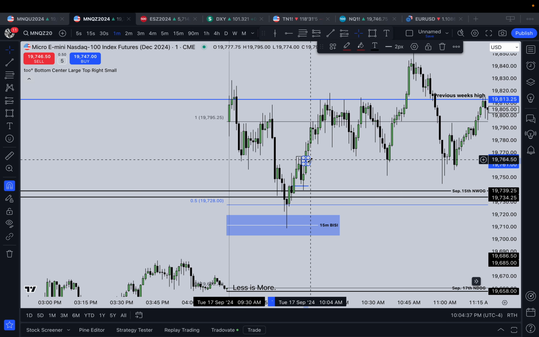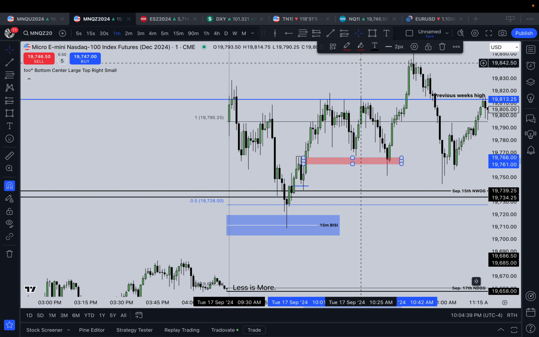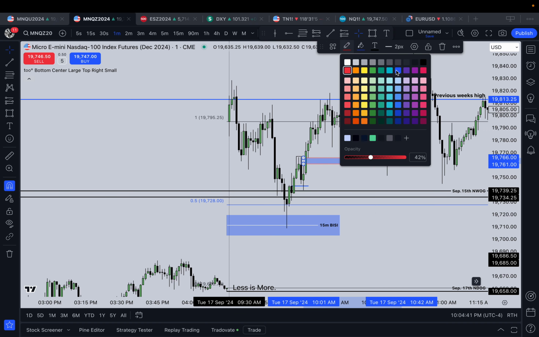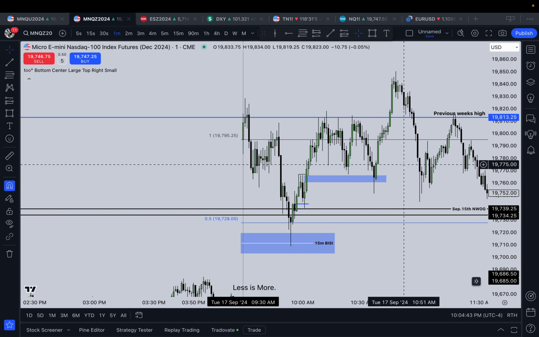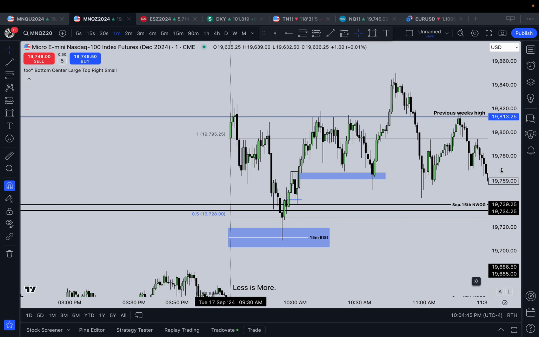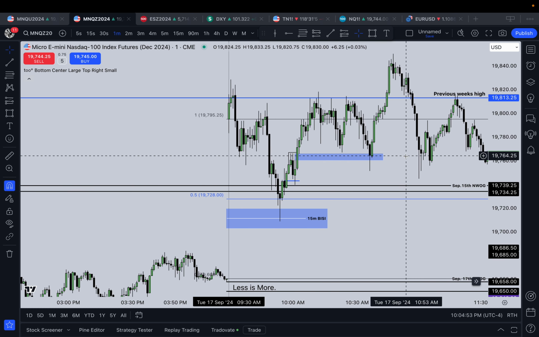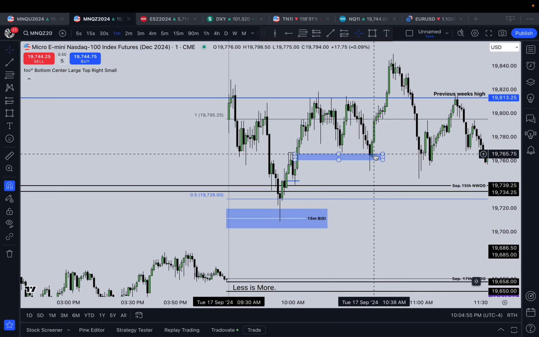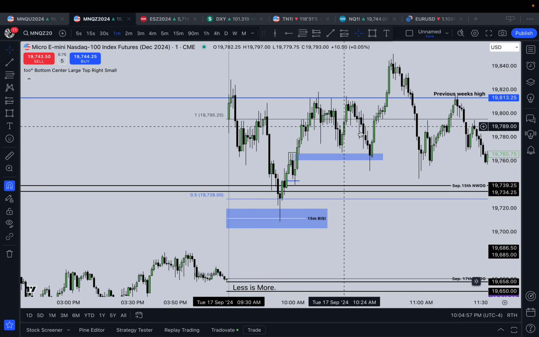Fair value gap. Now obviously, this is hindsight. You could say this is cherry picked, but I'm just trying to help you guys see it, because obviously when you're first learning, everything that you see is going to be cherry picked in hindsight. Everything's going to be hindsight because that's the best way for you to learn, is seeing it for yourself, seeing it happen. So there's your silver bullet 2022 model fair value gap.